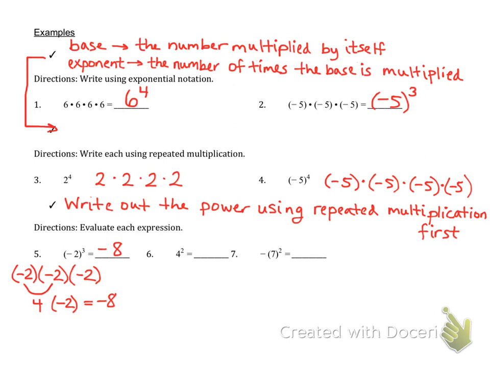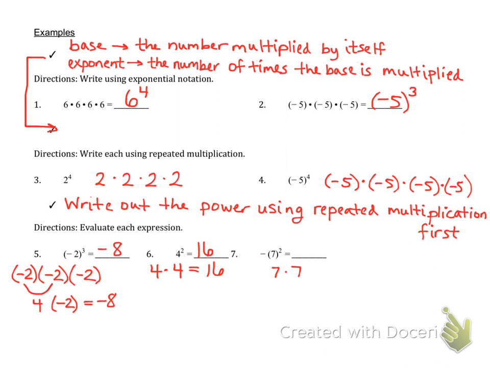6 is 4 squared, and 4 squared means 4 times 4, and 4 times 4 is 16. And then number 7, the last one. Now this is where it's important that we're looking at whether the negative is inside of the parentheses or outside of the parentheses. And since the negative is outside of the parentheses, this means that it's 7 times 7, and in the front we have a negative,